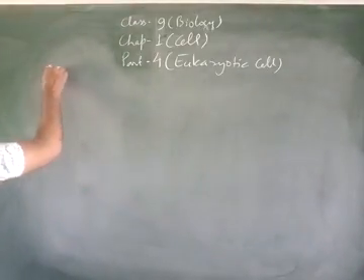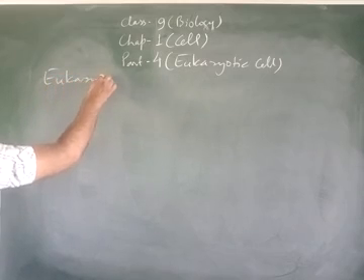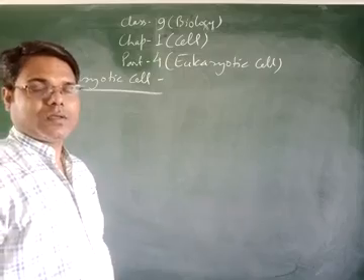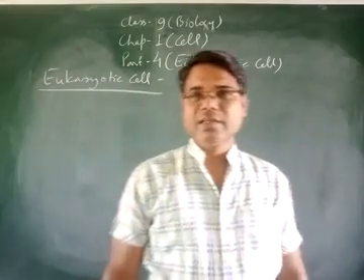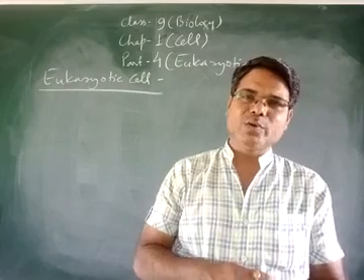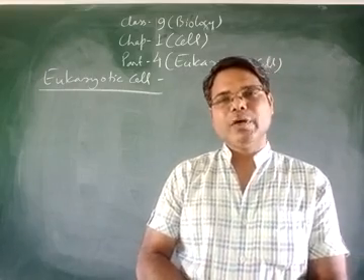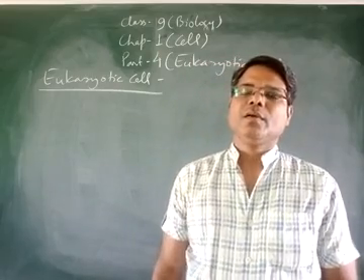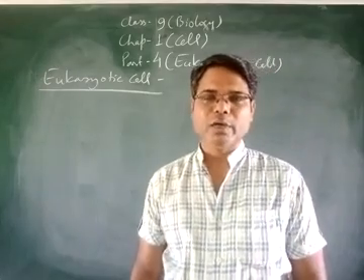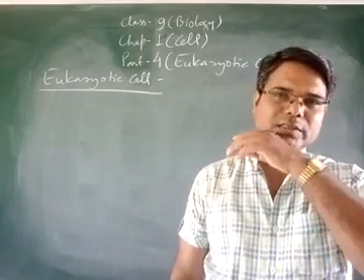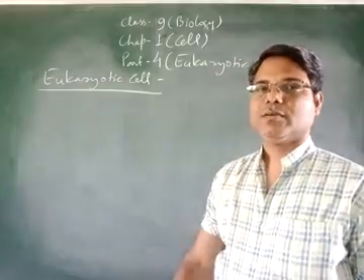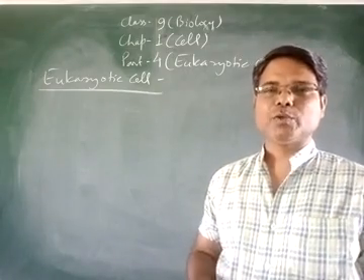So, eukaryotic cell. The reference of the last class is prokaryotic. A prokaryotic cell is that type of cell in which the nucleus is not clearly seen due to absence of a nuclear membrane, and that was the most primitive type of cell, that is, the prokaryotic cell. The best example of this cell is the bacterial cell. Now, students, the eukaryotic cell is just opposite to the prokaryotic cell.